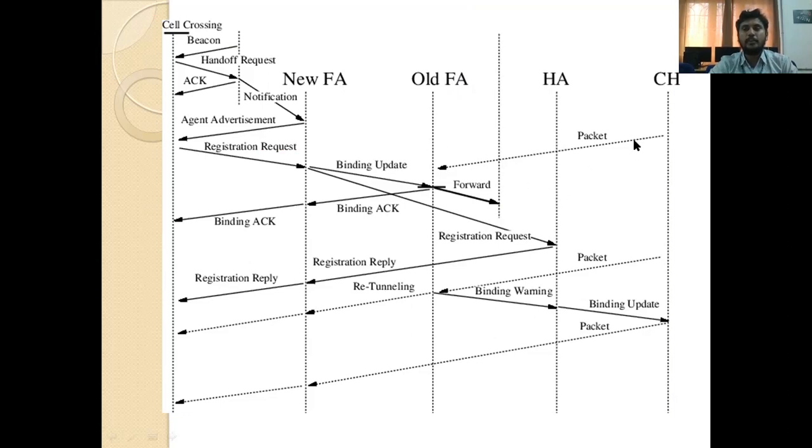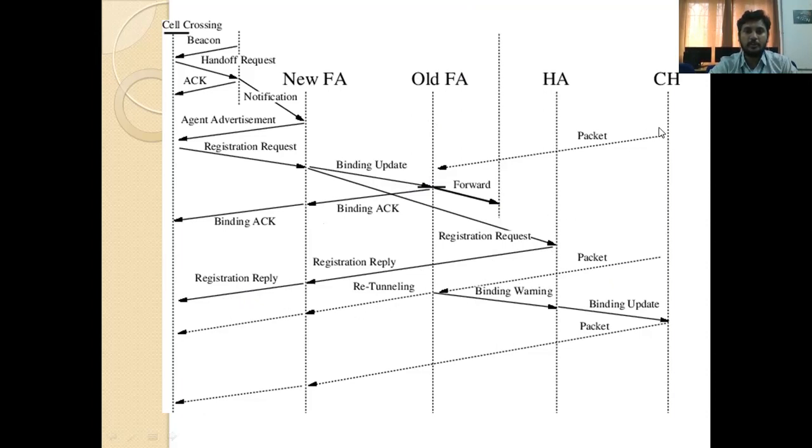So at the time of sending a packet, mobile node is available here, old FA. So that's why correspondent node sends packet to the old FA. But mobile node is not available in the old FA. It changes its address. So it moves to some other location, that is new FA. So old FA takes the responsibility and identifies the new FA and informs the HA, home agent. So HA sends a reply. In this way, packet is delivered to the mobile node.